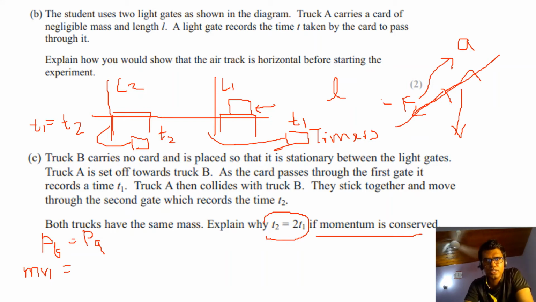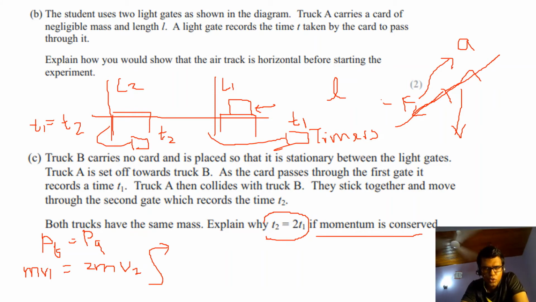After collision, both carts are combined together, so their total mass is 2m. Obviously their velocities should now be different because the masses are different. So let's assume their common velocity is v2. Now we don't have v1 and v2 given, so we have introduced them ourselves. So we have to get rid of them. Instead, if we can introduce time, that will be better. So what we can do is introduce time by replacing velocity with